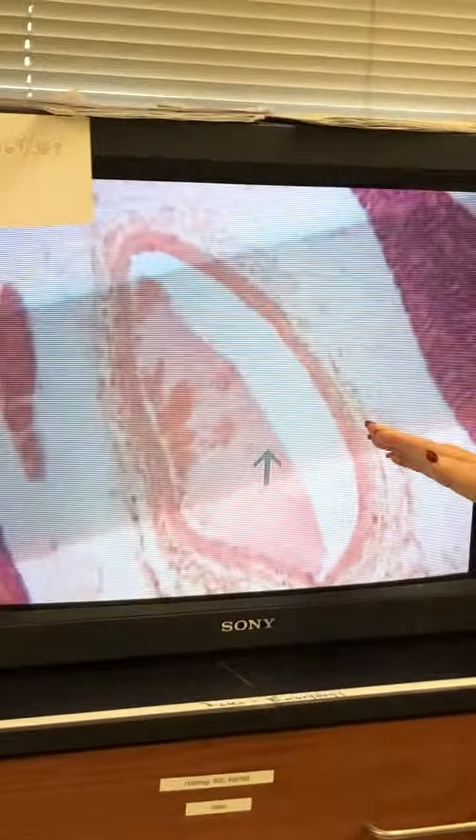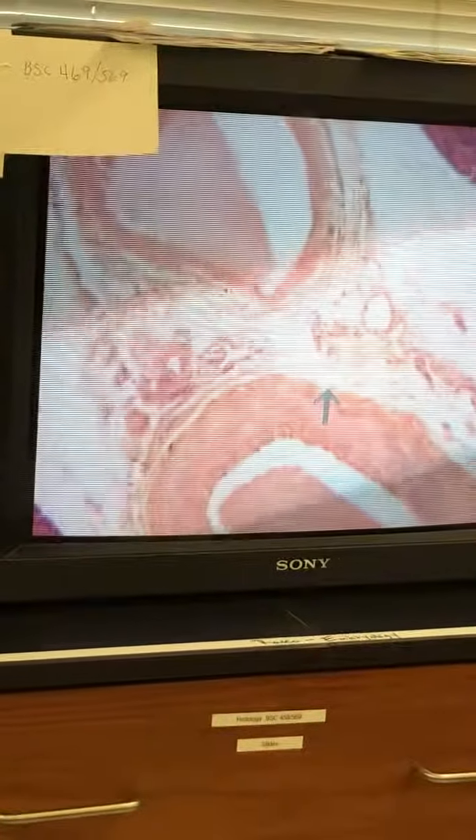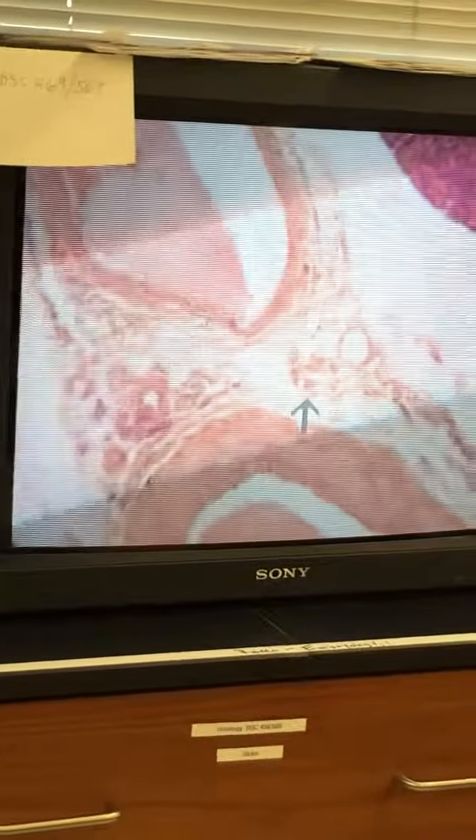Whose turn is it? I think it's your turn. It's very thin. Plus, it's right there next to the big old artery, right? Okay. Now, if I want